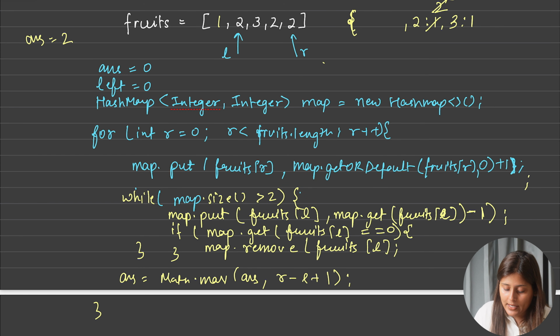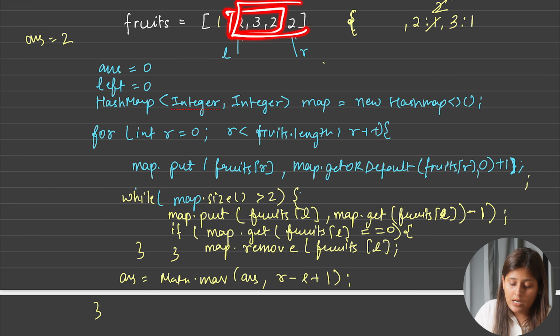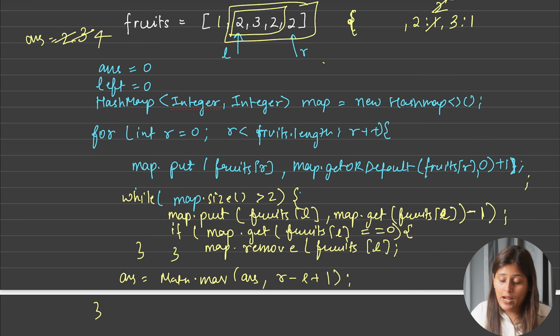So here again this while loop will not run, and the maximum answer we will say till 3 and now 4. So now the answer will be updated to 3 because of this one and 4 because of this one. Correct? So now our answer is 4, and the right index will come out of the array, and there is no need to calculate. So if you see the time complexity, the right pointer started at index 0 and goes till size. So O of n for this.